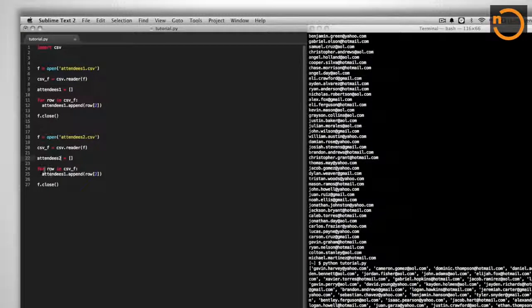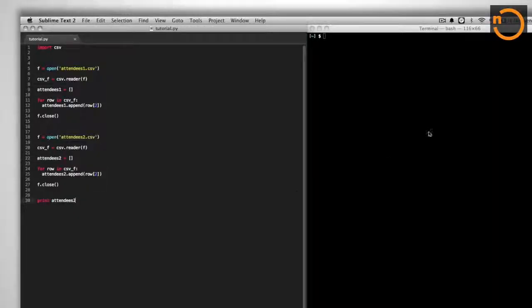I will be iterating over the rows, and I will be appending to attendees2. So we've copied the code. We've changed all attendees1 references with attendees2. So this is the file name. This is just a name that I've decided as a variable. I could have called it B, but it's more useful to have them as clear names. So let's run this program